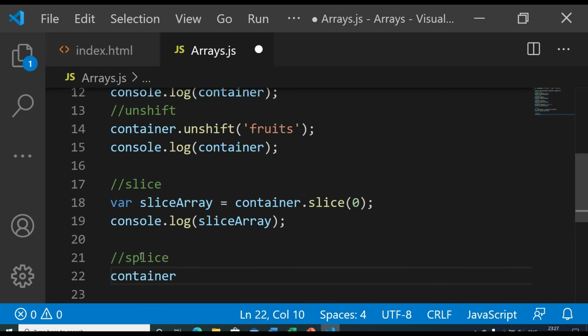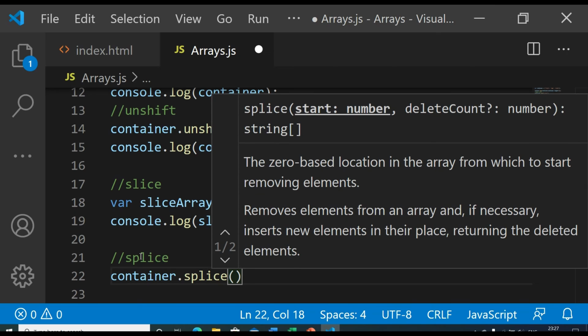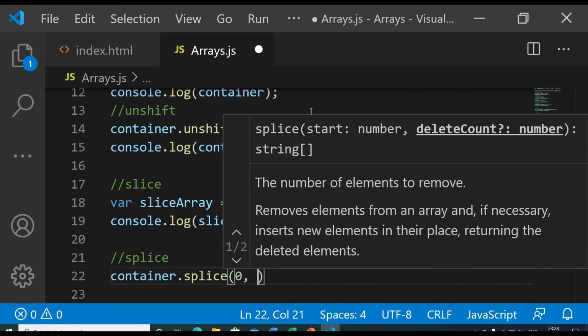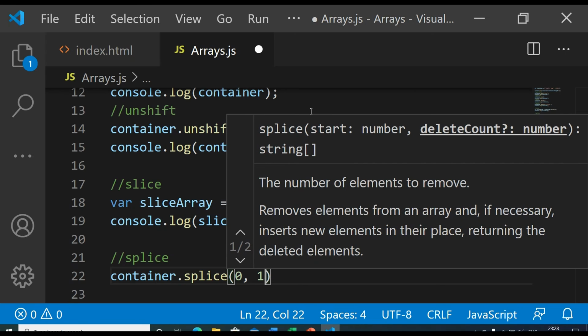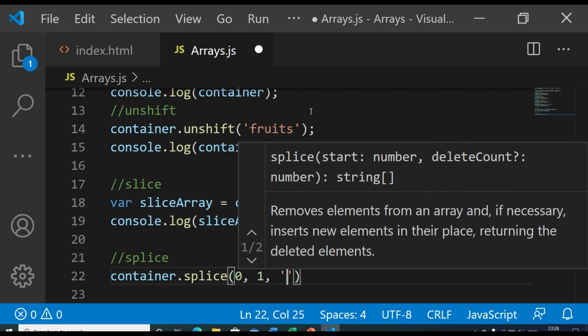Let's say I have written container dot splice, and here you see there is a start number and delete count. Here the second parameter is delete count, not the index number. First is start, meaning where you want to start, let's say from 0, so you enter index 0, and how many items you want to delete, let's say 1 item. Then the third parameter is if you want to insert some item in place of the deleted item.